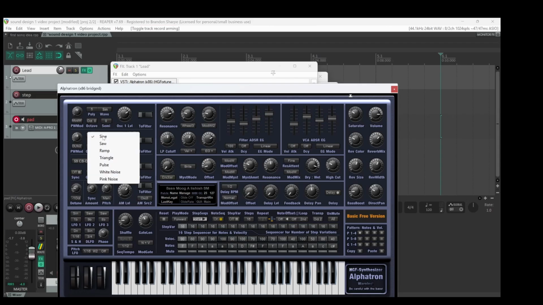And let's change this one. Let's try a triangle. And let's lower the level. This is just the volume level of the oscillation here. I like that. So what if I change the filter? No, I like the